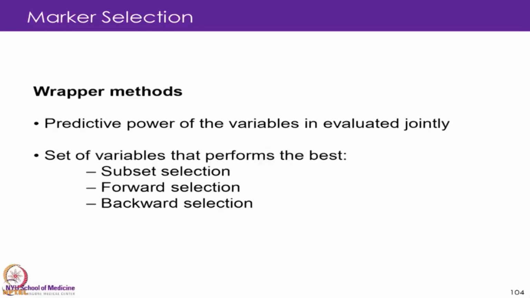Now, the other class is wrapper methods, where we look at the predictive power jointly, and the idea is that the features are not independent of each other. So probably we will get a better result where we evaluate them jointly. There are two ways. One is that we start with, let's say, the one that has the most information, then we add the second one, and we evaluate them together,